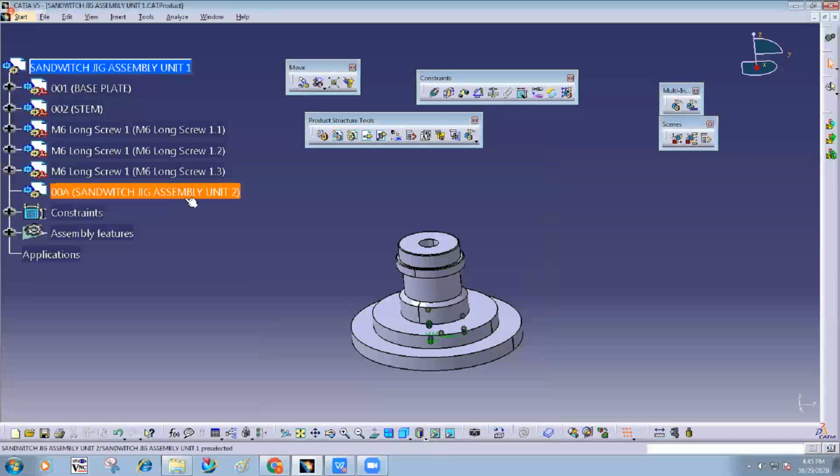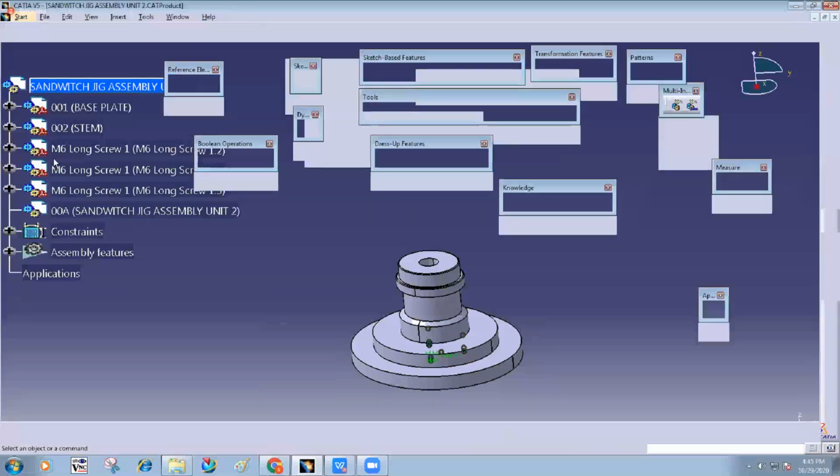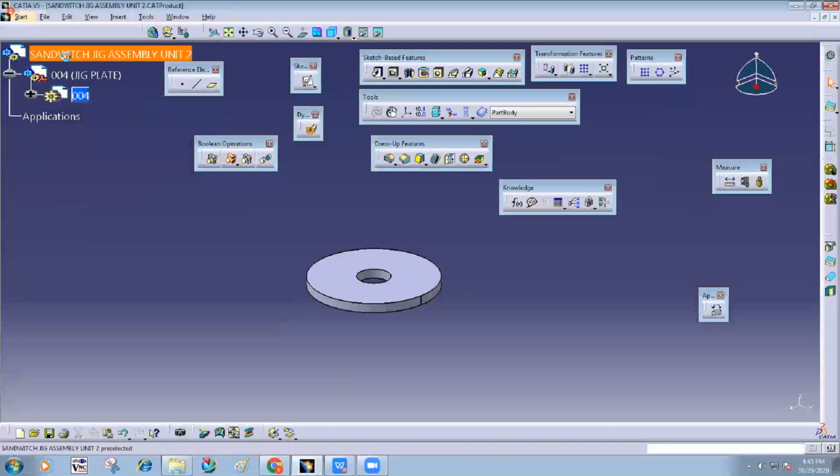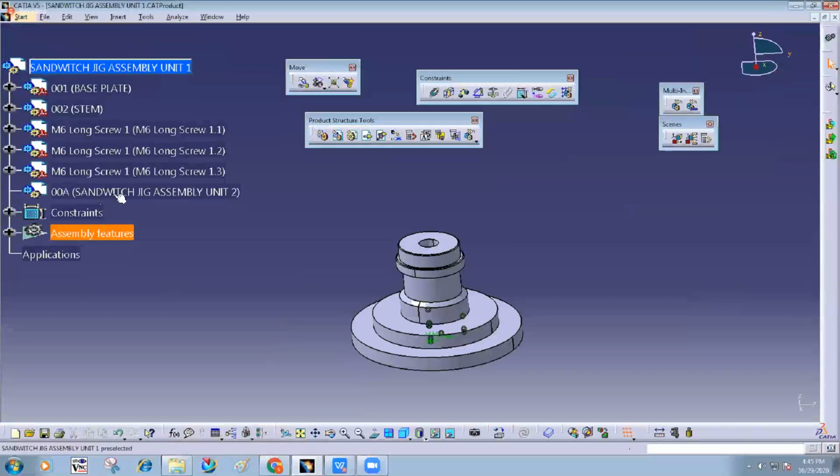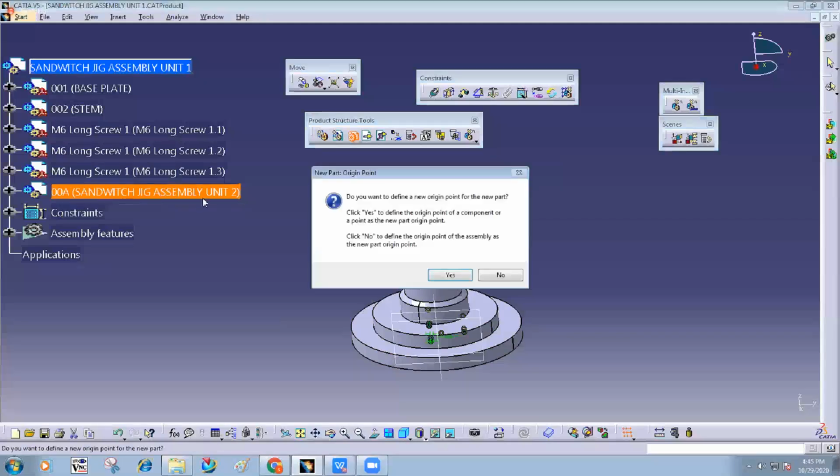Now inside the subassembly, I need to design the parts, similar to this one. This assembly has a part. Similarly, the same thing we need to design here. So I need to double click on this, or you can use this part option directly. Now instead of selecting unit number 1, you have to select unit number 2 so that the part will be inserted inside unit number 2. The same message will appear. What should I do? Say yes.